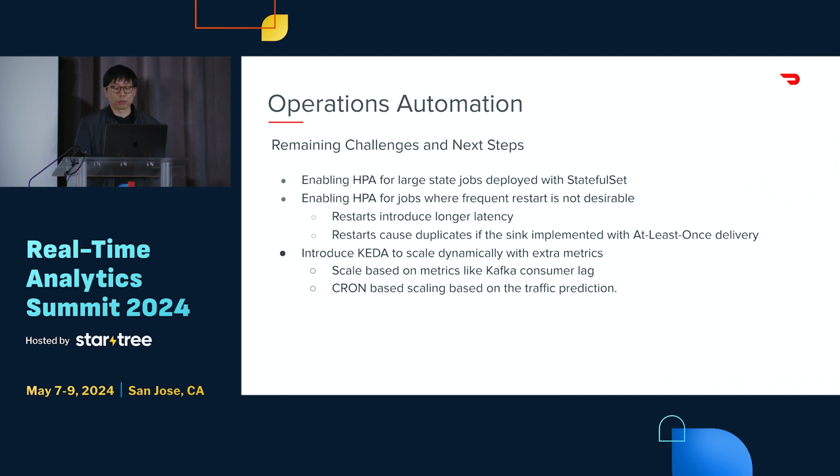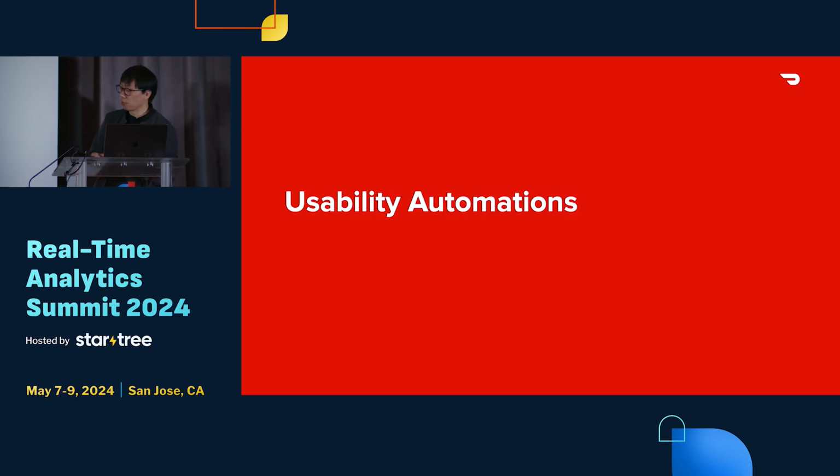We're also exploring not just relying on compute resource metrics like CPU or memory. We're trying to use something like Kafka consumer lag, which is more reasonable for streaming processing. All right. Next, I want to pass to Basar to talk about